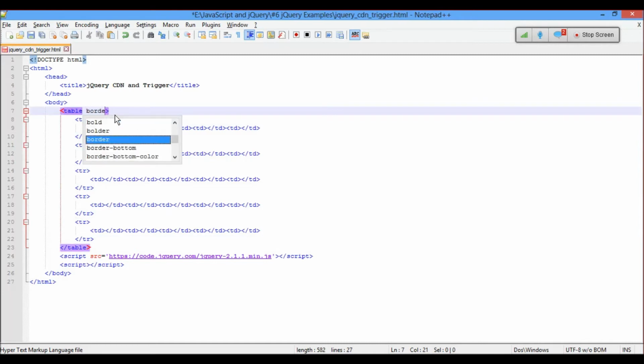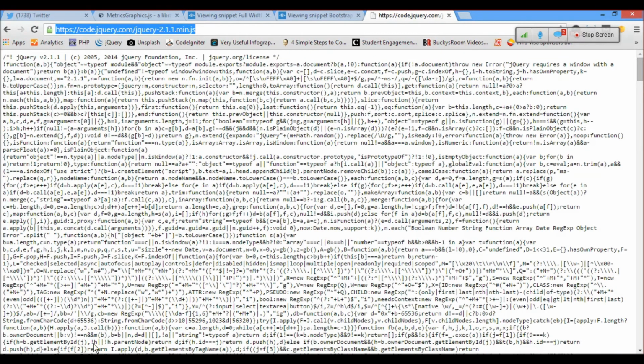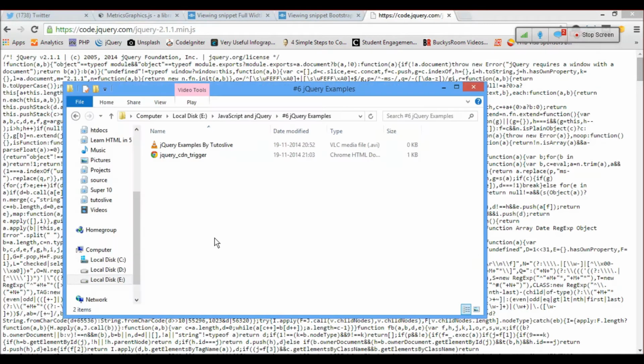So here I'll say border equal to 1, you can use CSS too, cell spacing equal to 0, cell padding equal to give some 5. Okay, so let's see if we have this or not. That's how the table is.